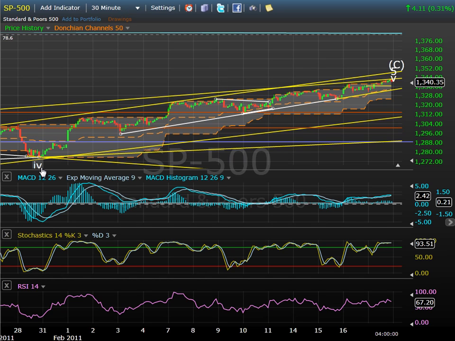So we concluded wave 4 of 5 of C at this level in the S&P 500. From there, we had a first wave up, a second wave down, third wave up, fourth wave triangle, and then we're working on an extended fifth wave right here at this point in time. That would probably have us conclude the third of the fifth wave that started at this level right here at today's peak. Then we would see a small fourth wave pullback and then a fifth wave thrust onto a new